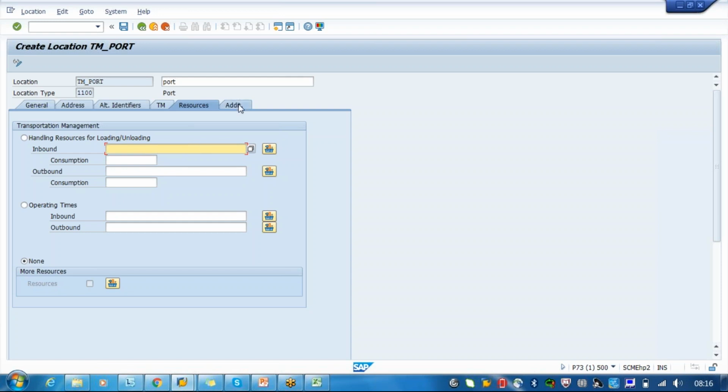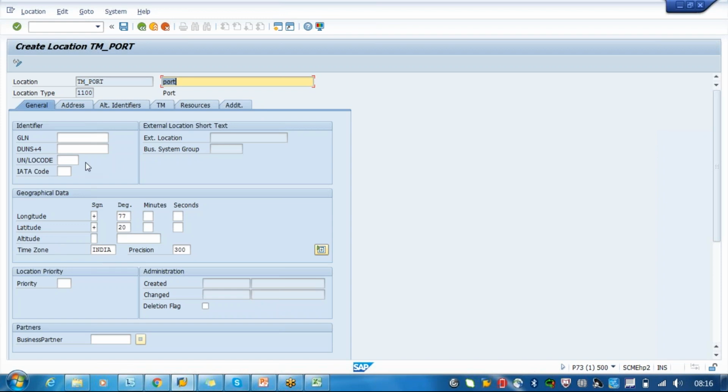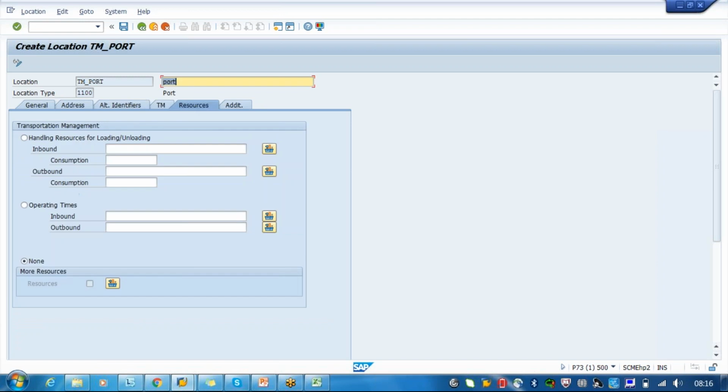Okay. So any additional data, whatever SAP location we want, any additional data, then we have to activate here. There will be some exits to activate this additional data. Then it will come here. The only important thing in this place is the geocoding. It will be determined based on your address and the TM data. So what is the loading and unloading and the operations, these are all based on this. It will be useful for scheduling of a particular material. When it is using this location, automatically the system will determine that at this particular point of time the port is on a holiday or on vacation, so loading cannot happen.